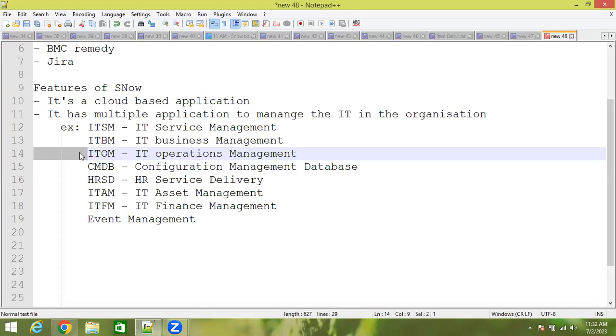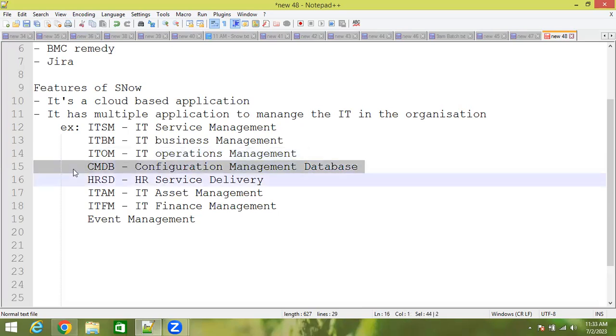So there should be some processes running, like discovery, right? The process of running discovery is set up in the ITOM, and also the configuration of MID servers. There are various other applications which, if you want them to communicate with each other, need some MID servers installed to transfer data between the applications. So all those concepts are involved in the ITOM basically.